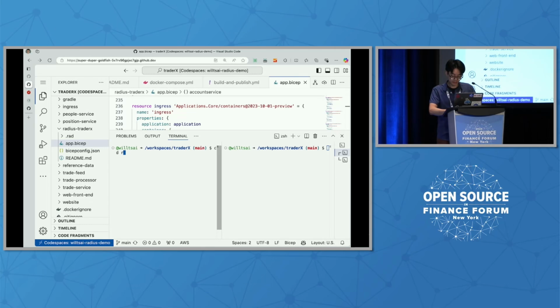We'll cd into the Radius directory, and over here we'll do a rad deploy, and then the same application definition file. Note that it's the exact same application definition file we were using in local, but this time I'll just point this to prod AWS. So we'll run that,